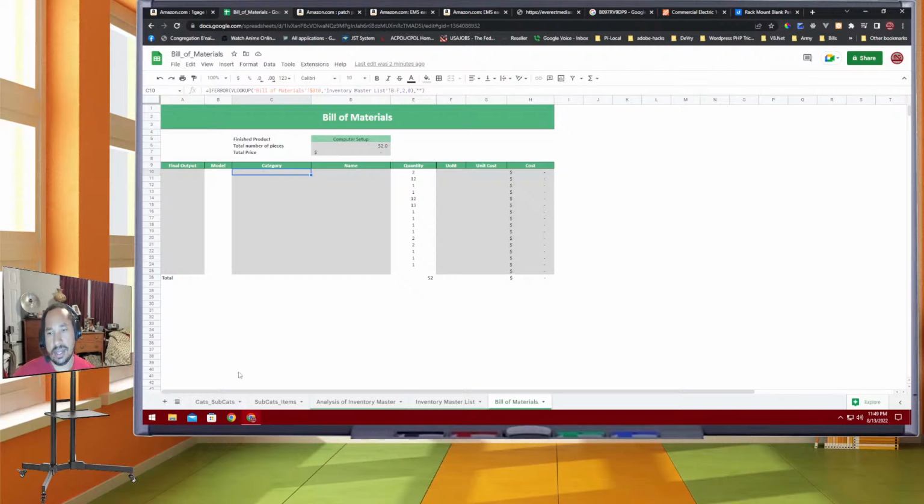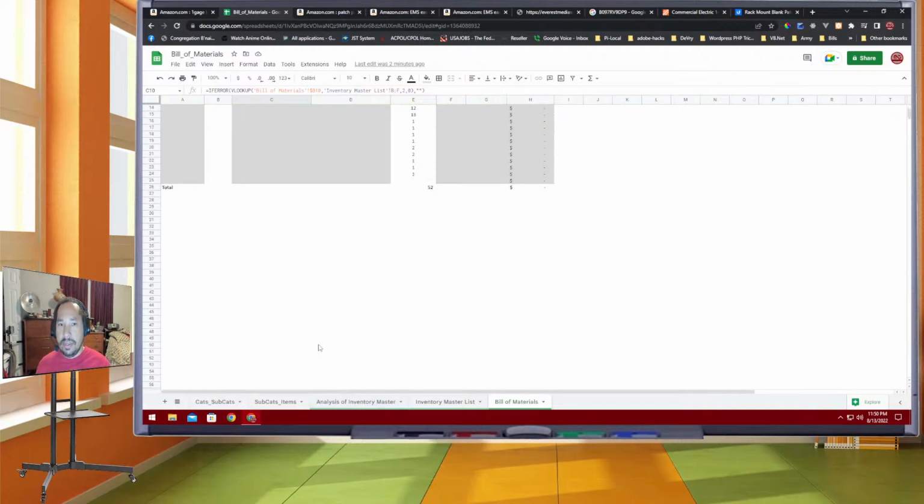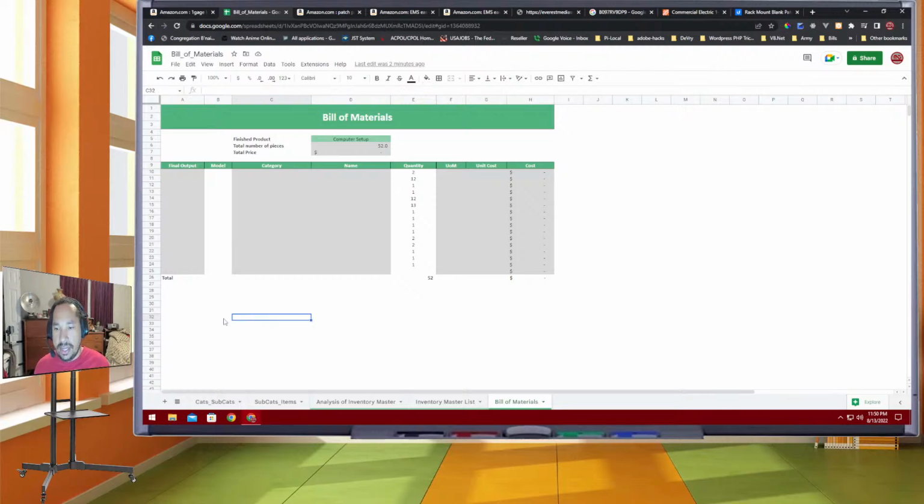Oh, it's saying once you type in the category. But see, we don't want to type anything in, if we can help it. We want to do drop downs for just about all of this. So how many line items do I think we're going to use? And we're going to need, of course, at the very bottom, we'll be using